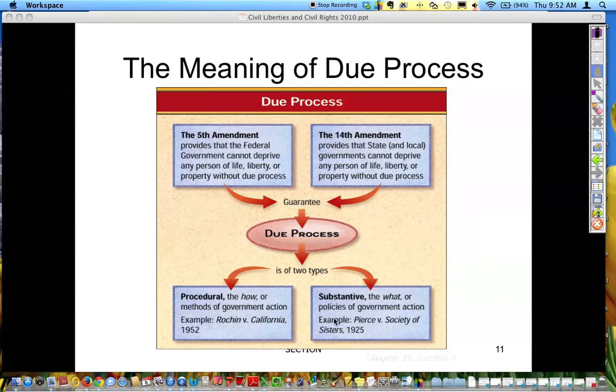If it's substantive due process, it means the what, or what is it that the government is upholding? So this would be, is the law valid? Is the court order valid? What is it that the police are doing? Because sometimes under procedural, state or national power may act incorrectly, but under substantive, they may be doing everything correctly, but the law is faulty. So really, the Supreme Court has delved into these two meanings, and that's what they've come to mean under procedural